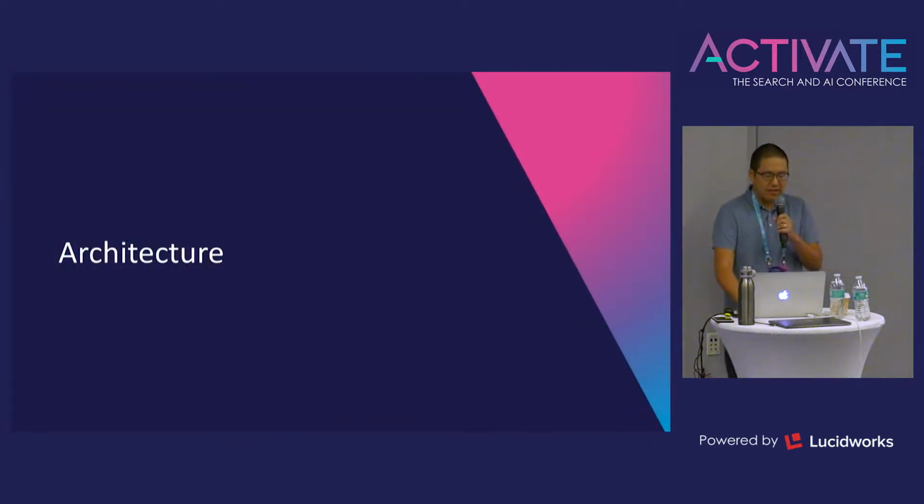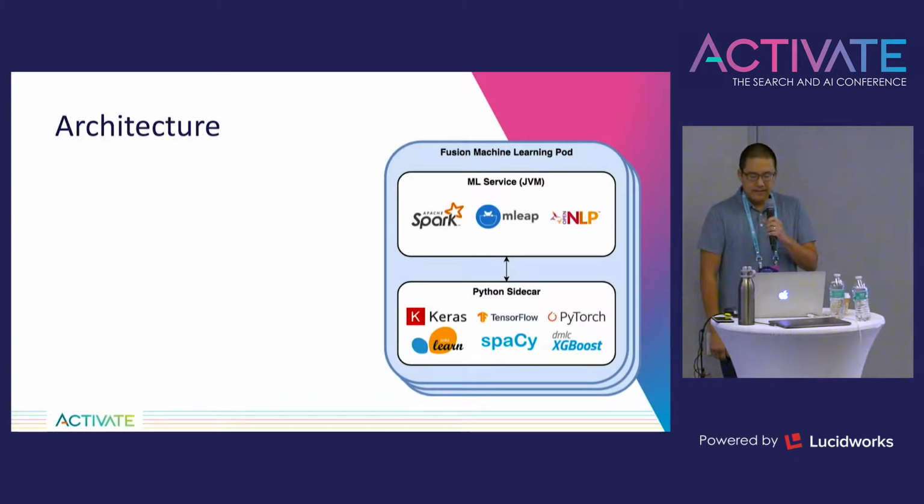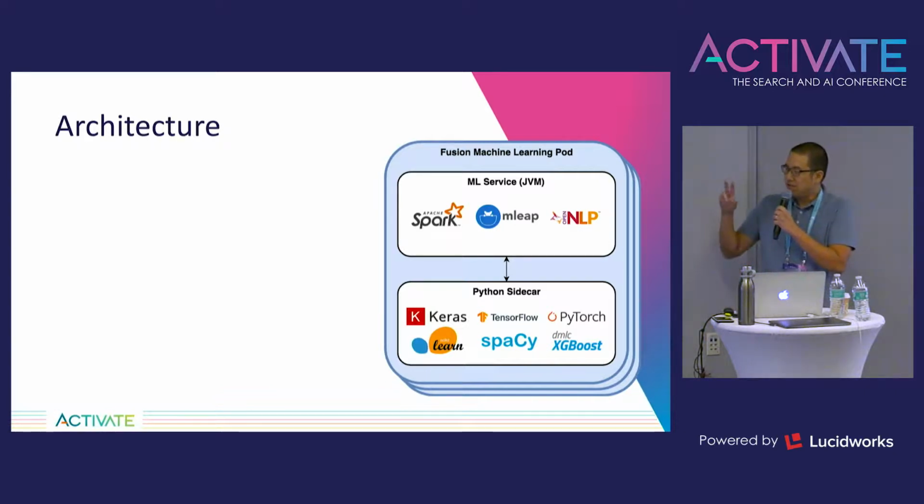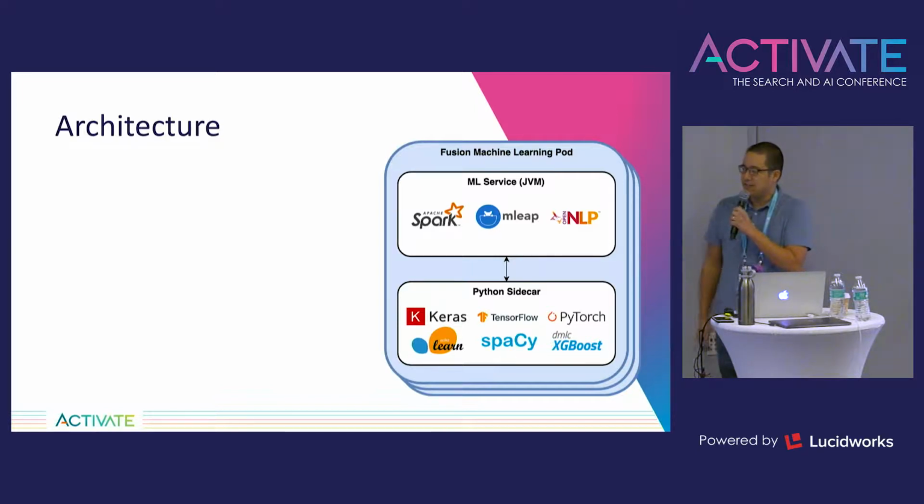Let's talk a little bit about the architecture of the system. What we have built is a Python model execution microservice, which is fully integrated with Fusion 5.0 running in Kubernetes. There are two main components. There's a JVM component, which handles the same models that we handled in 4.2, which is Spark ML, MLeap, OpenNLP. It handles a lot of the bookkeeping and the internal model lifecycle management. And then running alongside it is a Python component